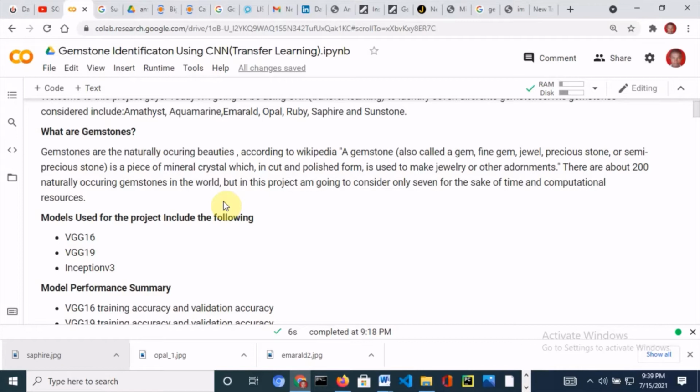I'm going to make use of these models simply to extract the features, and then I will define a new model, feed in those features, and use the new model for the prediction. This project is actually a project I've already implemented. I'm not going to be writing the code in this video, but I will try as much as possible to explain every code so that you can follow along and understand every step I took in the implementation of this project.